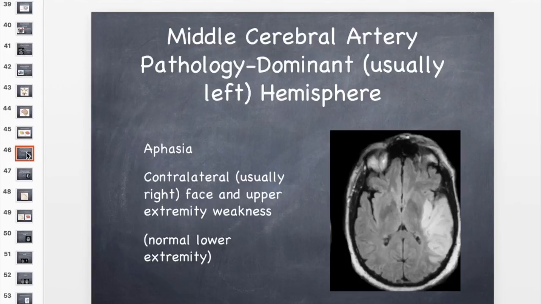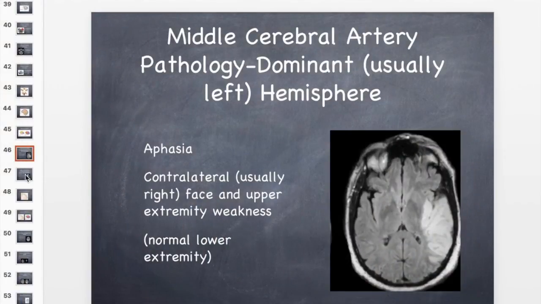So if you have a middle cerebral artery infarction in the dominant hemisphere, which is almost always the left hemisphere, even in left-handed individuals, it's often the left side. You do need to ask though about handedness, just so at least it makes you think about whether or not you might be dealing with a different, typically dominant hemisphere syndrome. All right. So if you have a typical right-handed individual, and they infarct out their middle cerebral artery of their dominant hemisphere, they will be aphasic, and they will have contralateral